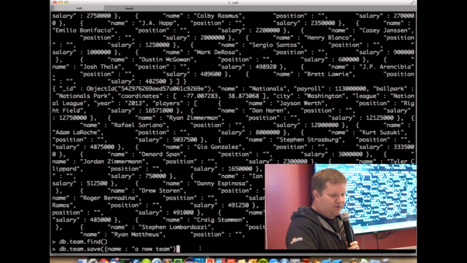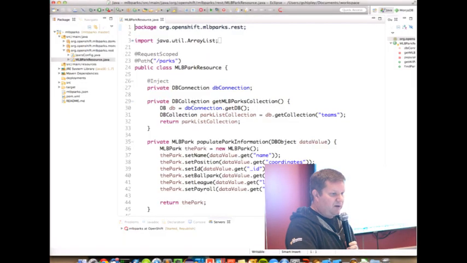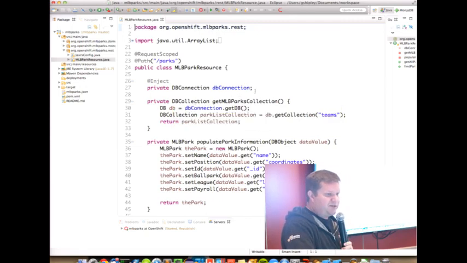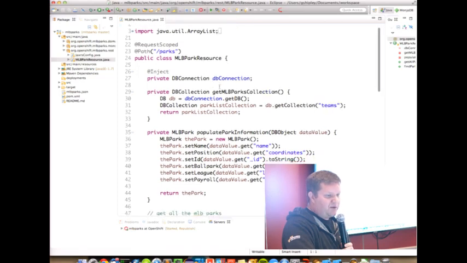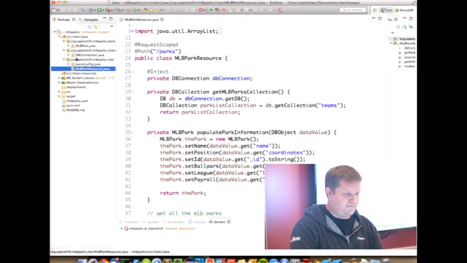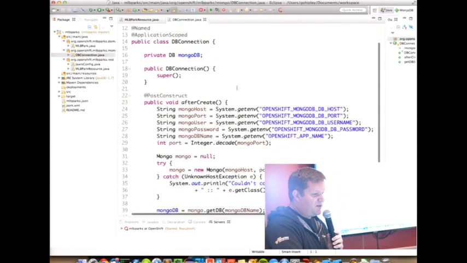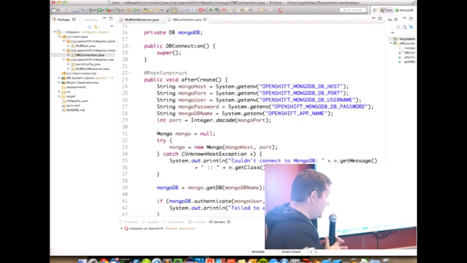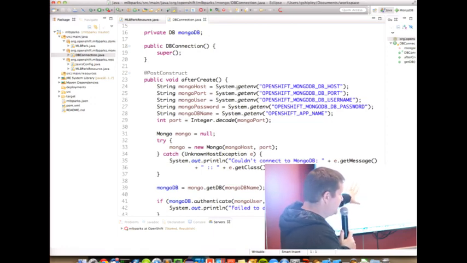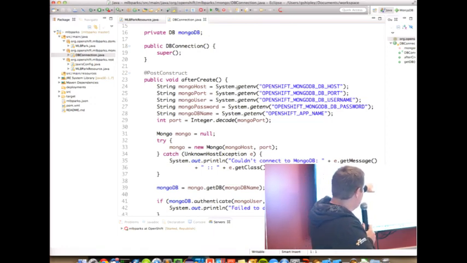So then if we look at the Java code, I'm going to show you this in Eclipse running JBoss Developer Studio. I basically just have a JAX-RS service here that creates a DB connection. And for the DB connection, to connect to MongoDB, I just included the Mongo client jar files in my Maven XML file. And then you set it up just like a traditional database, with a host, a port, a user, password,